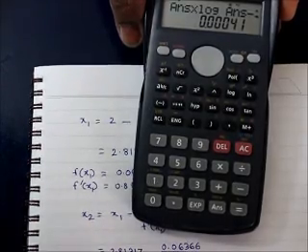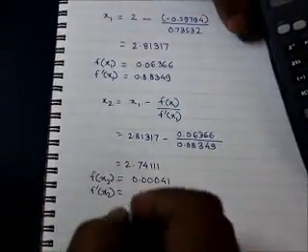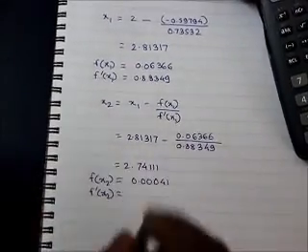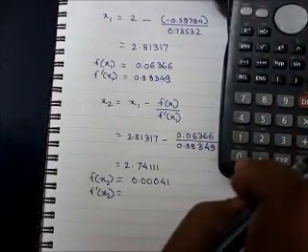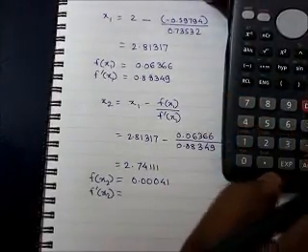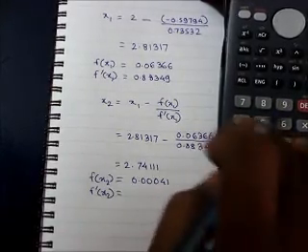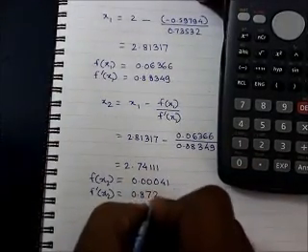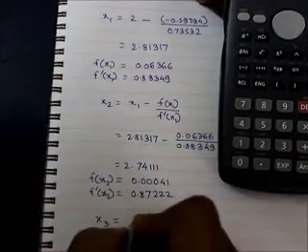Okay, f dash of x2 is log to the base 10 of 2.74111 plus 0.43429, which is 0.87222. Okay, which gives us our x3, which is equal to x2 minus